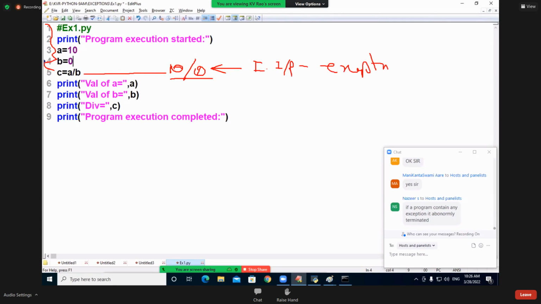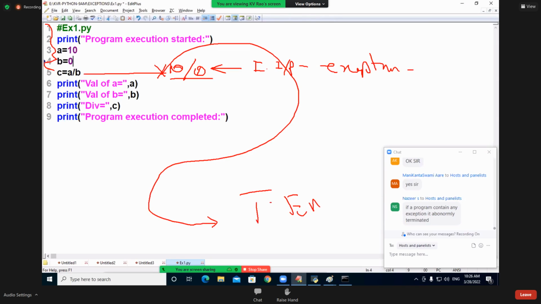Exception. When an exception is occurring, what will PVM do? It stops the execution immediately. It comes out of the program. Comes out means it will come out of it totally and gives which message by default? A technical error message is coming. Which statements are not executing? 6, 7, 8, 9 are not executing. That is the meaning of what?